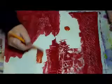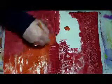And then I'm going to go with the orange, and I kind of want this to blend a little bit, but it's not really blending because I let it dry too much, but that's kind of what happens with art journaling. And acrylic paints, they do dry very quickly, so